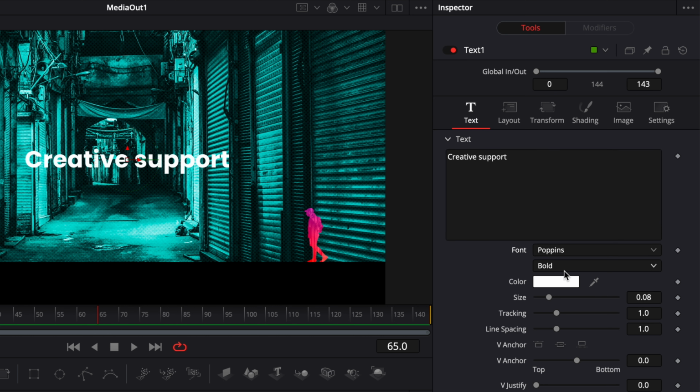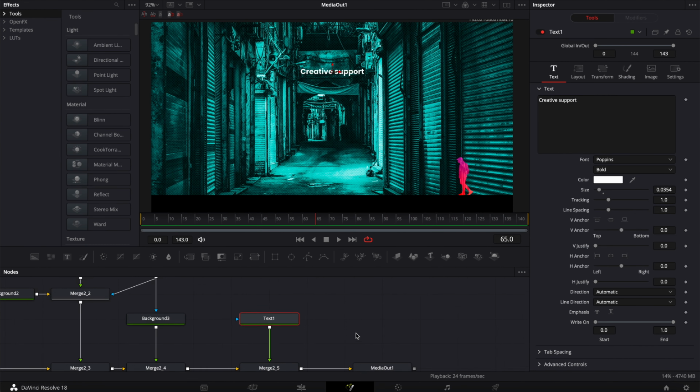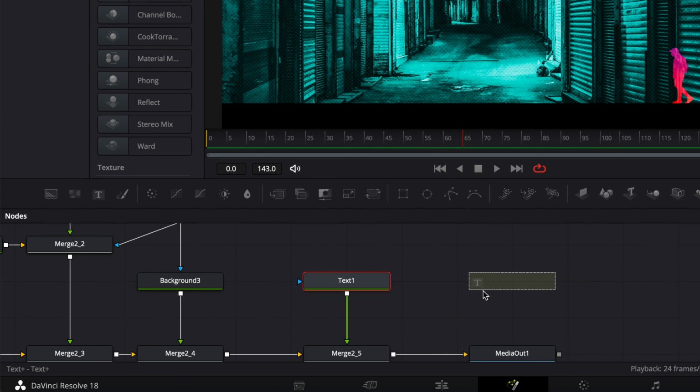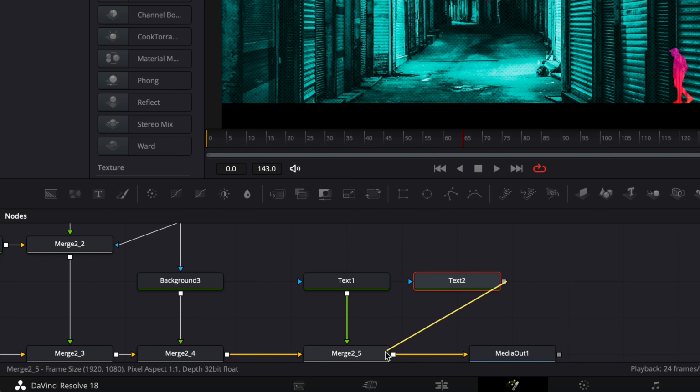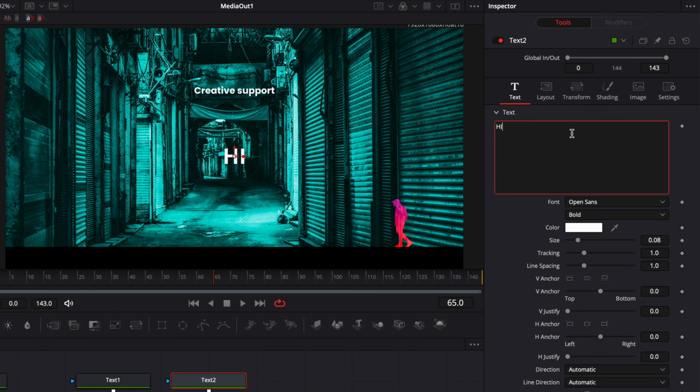We're gonna leave it as bold and I'm just gonna reduce the size. So here, the size like this, just bring that a little bit up to have some space. And then here we're just gonna bring a new text, link that text again to the main composition. And then we're just gonna write here whatever you want. So in my case, because I'm replicating, I'm gonna write just Hiromi Wakabayashi.